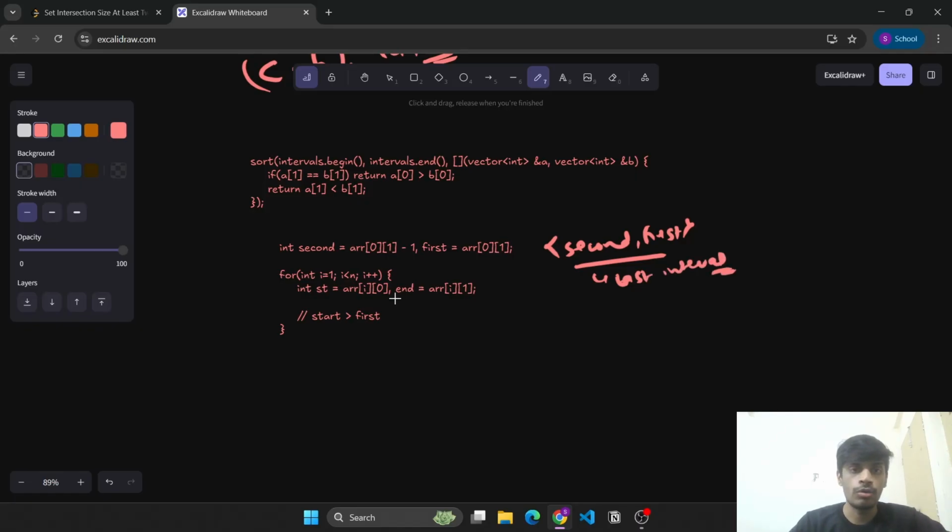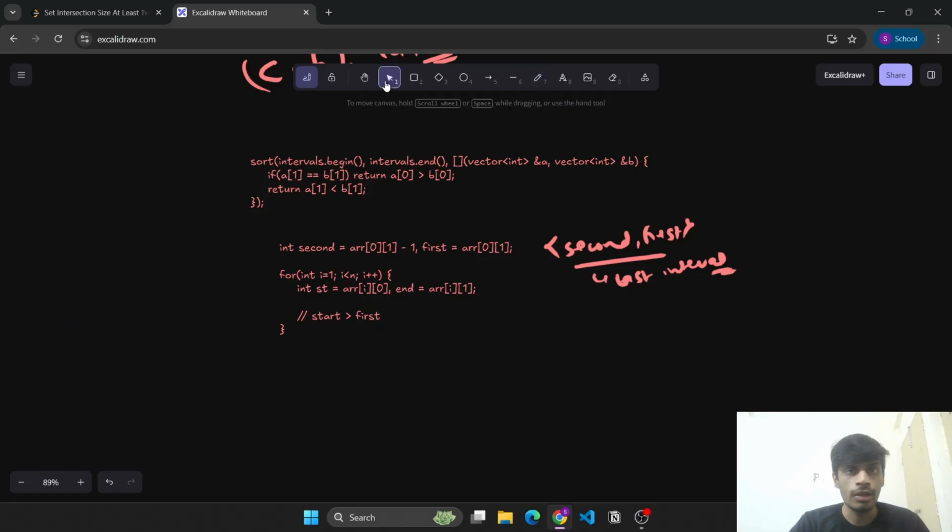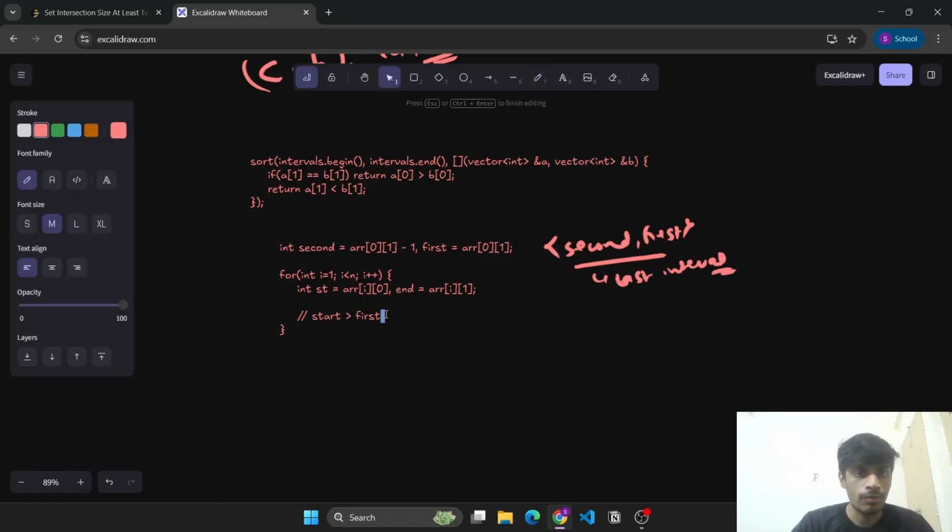right? Now for this current interval that we are handling, if start is greater than first, that means a new interval is being formed. So we will not be able to use both of these values. So if start is greater than first, what will we do? We'll simply make the second value n minus 1, again the far value on the right, and the first